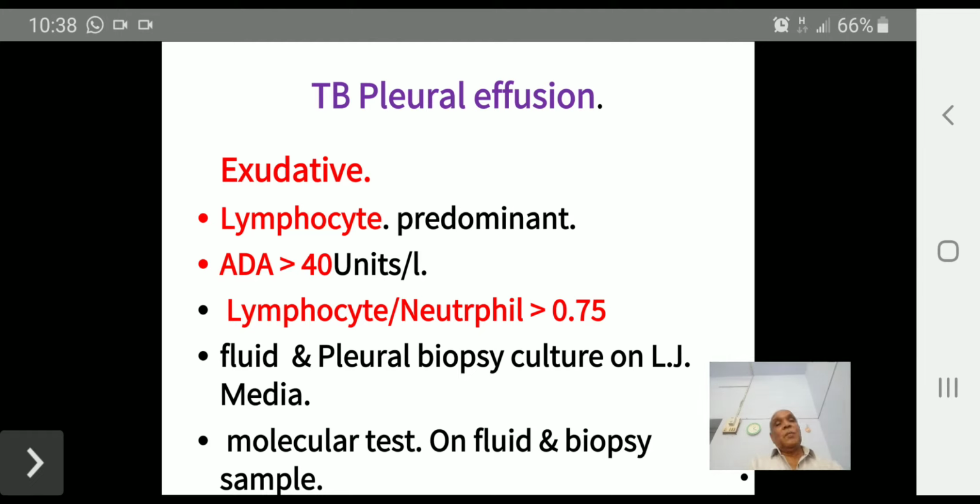Once you suspect the tuberculosis origin, you should take a chest X-ray, sputum for acid-fast bacilli, RBS, and ICTC each. Once you want to start anti-TB treatment, you have to perform random blood sugar and ICTC. It is mandatory in the program.